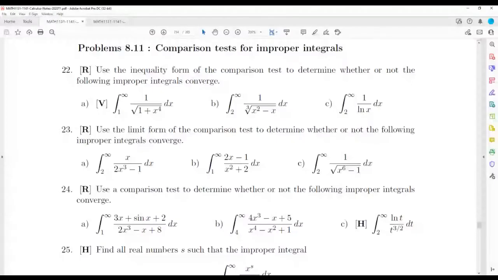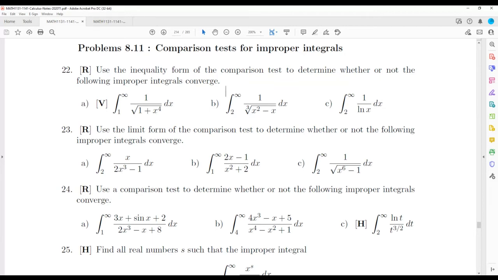Let me share my PDF with you. So I thought we could have a look here. Use the inequality form of the comparison test to work out convergence or divergence. The first one has a video, so I won't do that. I'll do the second one. Okay, so just as a guess,